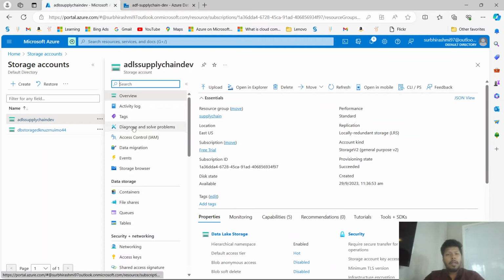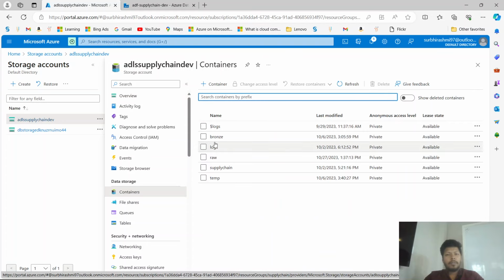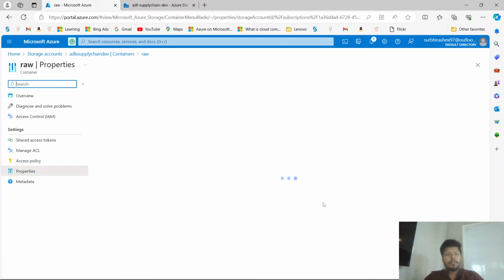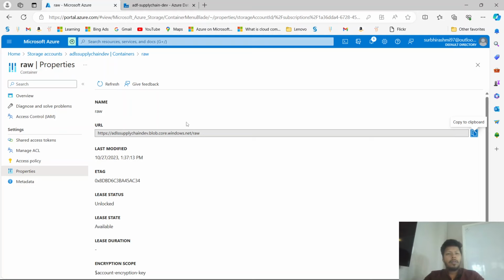Okay, and let me go to the containers. Now you have this raw. If I go to the properties, right? So this, if you could see, if I go back here,